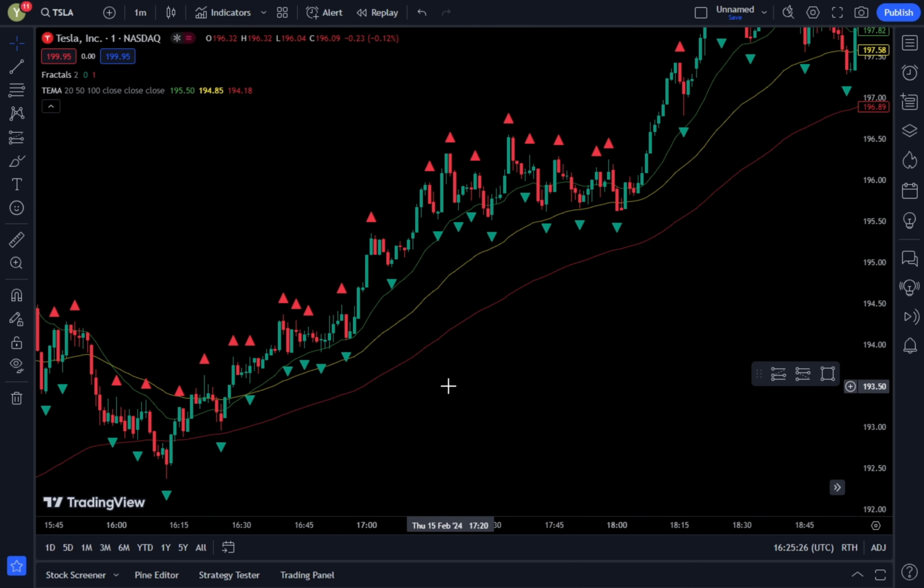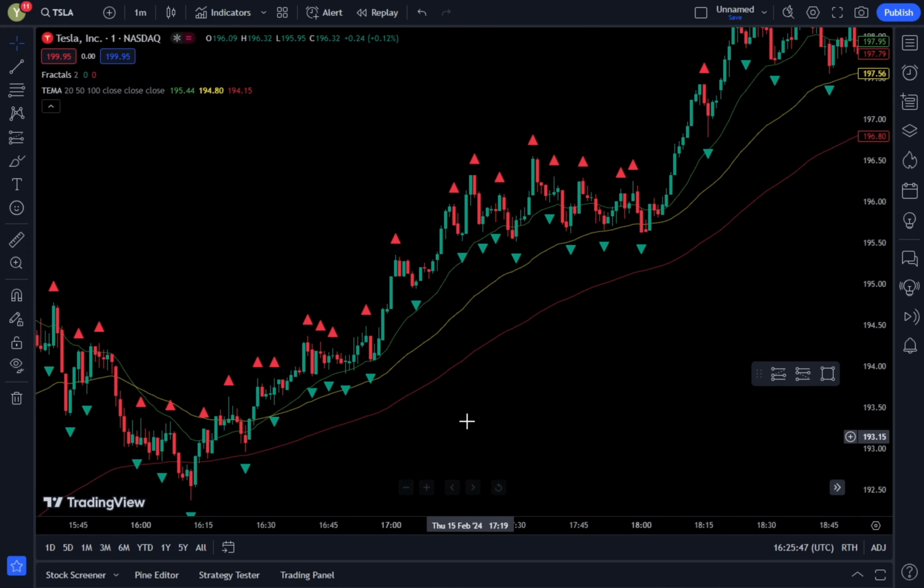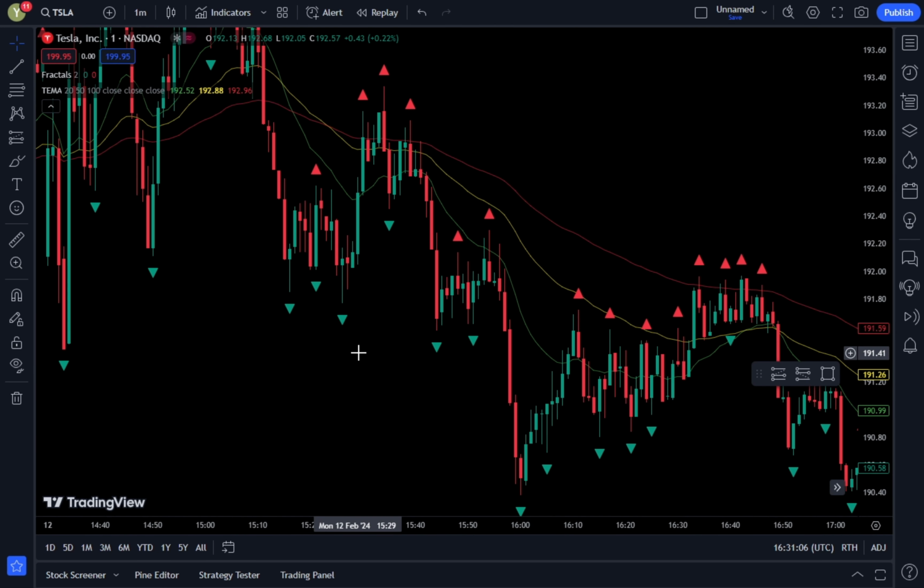Now that we've added the indicators, let's move on to how the strategy actually functions. The main rule of this strategy is to buy only when the short-term line, 20-day green, is above the medium-term line, 50-day yellow, and the medium-term line is above the long-term line, 100-day. If these lines cross each other, don't make a trade. Simply put, for buying, the lines should be in this order. For selling, it's the opposite. The long-term line, 100-day, should be on top, the medium-term line, 50-day, in the middle, and the short-term line, 20-day,